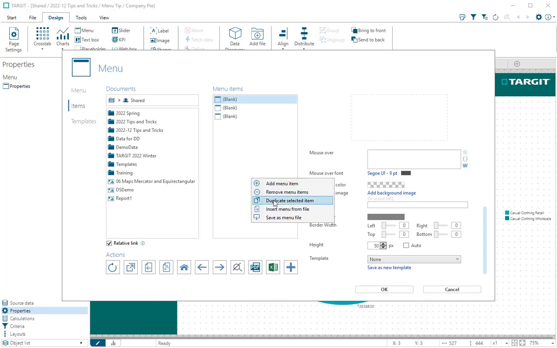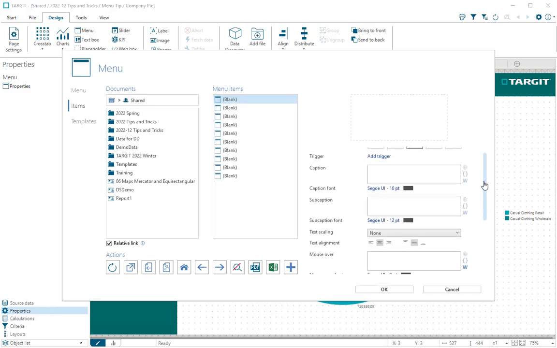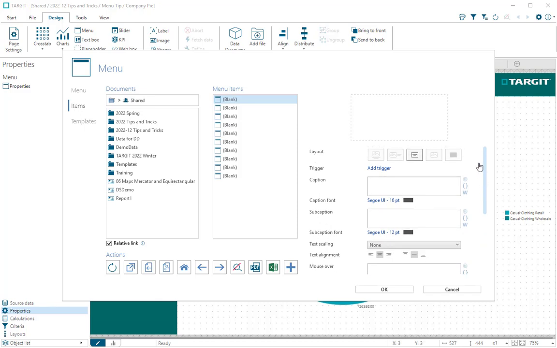Actually, I'm going to duplicate it at least as many times as I get documents, and potentially a few more. I think I'm going to create 10 here, for the sake of at some point I might have 10 documents in my menu. Now the first one here should actually have a color because it's going to highlight my company